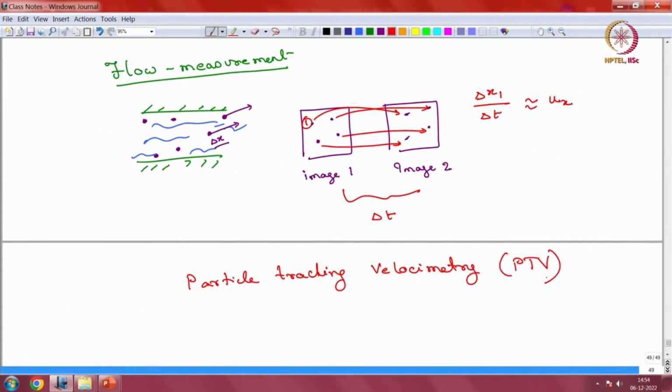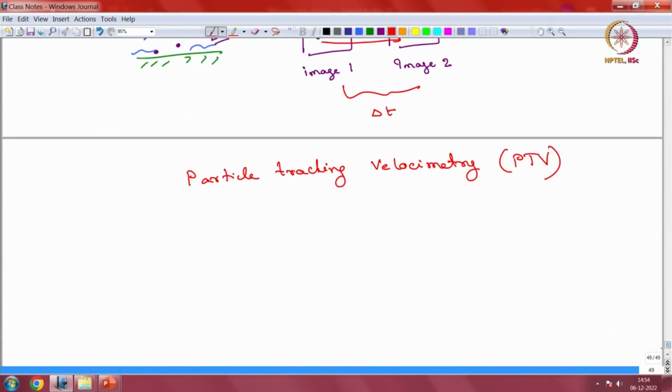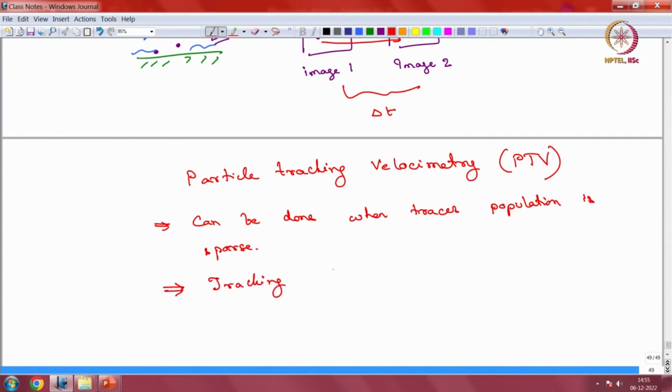Now, the reason I want to introduce PTV is that when I introduce PIV, I am going to make a very strong distinction between PTV and PIV. So, this can be done when the tracer population is sparse, and we'll see what sparse means when we encounter PIV. We'll see that the population there is no longer sparse. Here the fluid flow measurement is done by tracking of individual